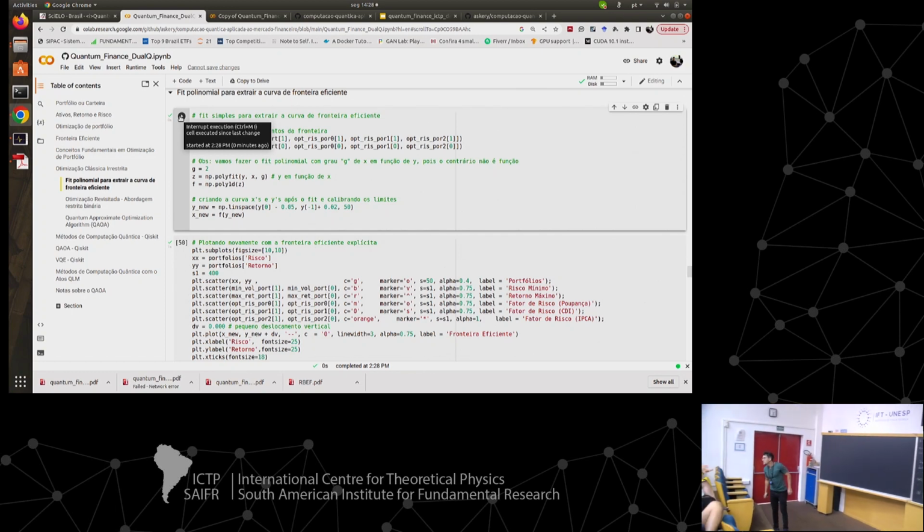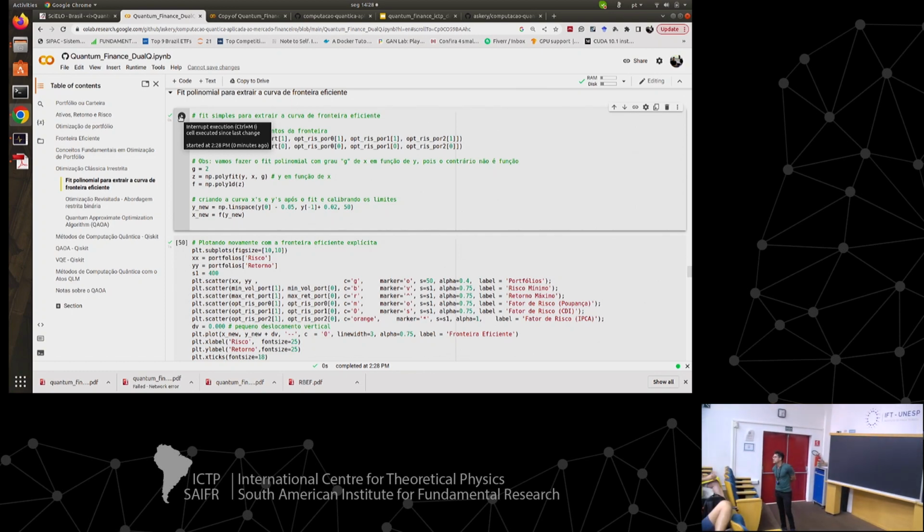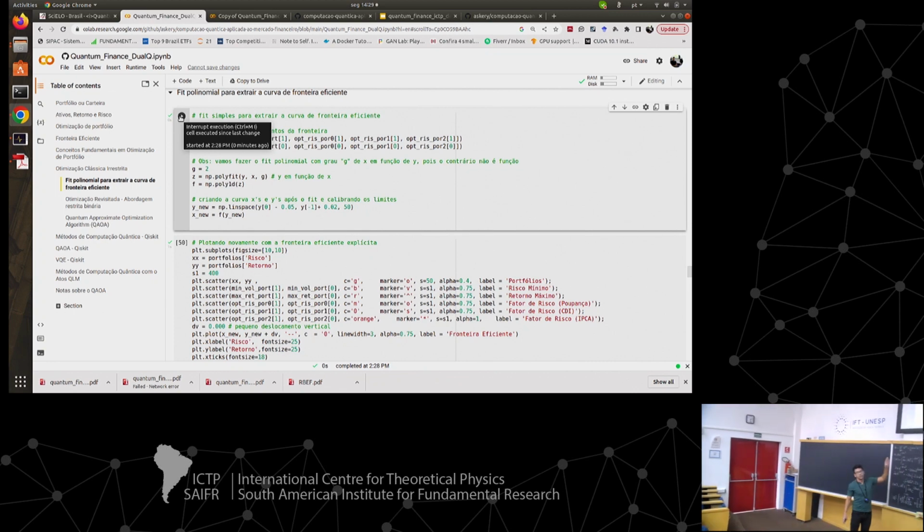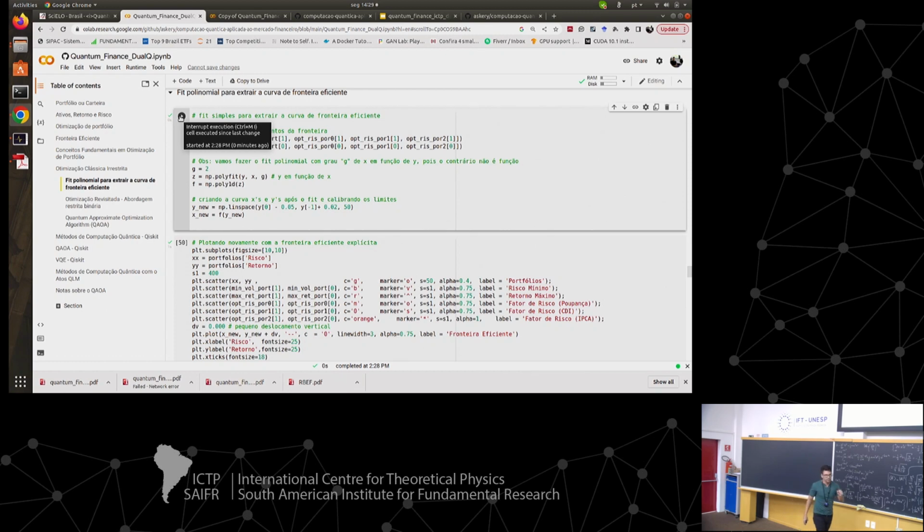I'm quite lost trying to follow you. Is this a quantum computer? No, nothing quantum yet. Nothing quantum so far. It will be in the end. And is this QAOA, the algorithm? No, so far no. So far just classical. We sample an array of weights and compute those things, completely classical.